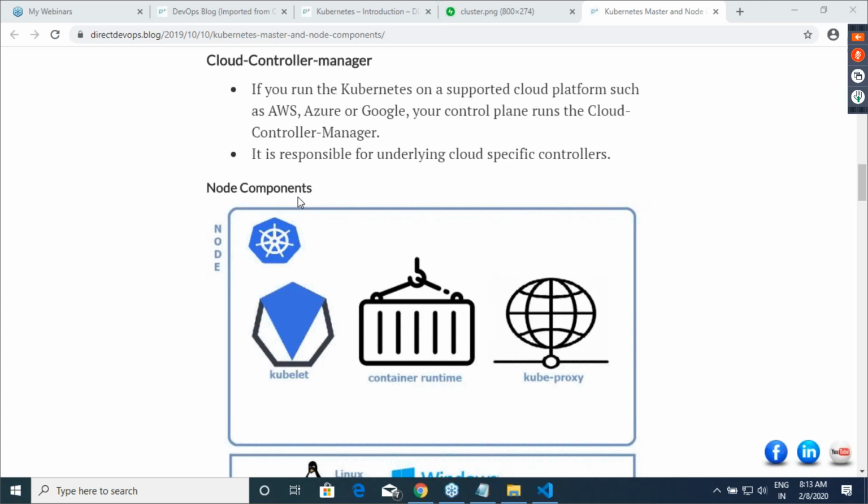Is there a master-side network component? On the master side, there is no networking component. Basically, the master side will tell what your network should be, and depending on that, your kube-proxy will behave. To be very specific, the master will decide what your network should be. And obviously, whenever it is deciding, it will have network connectivity with it.